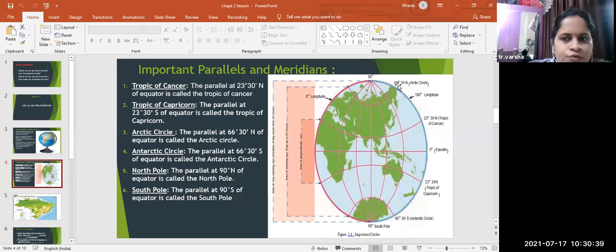Arctic Ocean. If you remember the Arctic Ocean. Because of this Arctic Ocean, this name was suggested by the scientists because it is easier for students and people to remember. This is the Antarctic Circle. Now, why is this Antarctic Circle given here? Because Antarctica is an island, and it is lying on the South Pole. That is why this name has been given to this circle, to remember it easily.